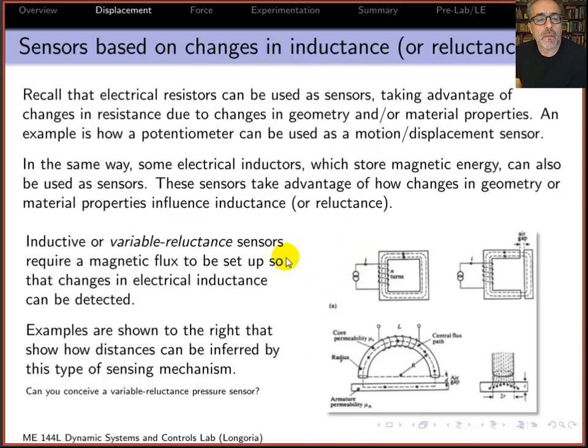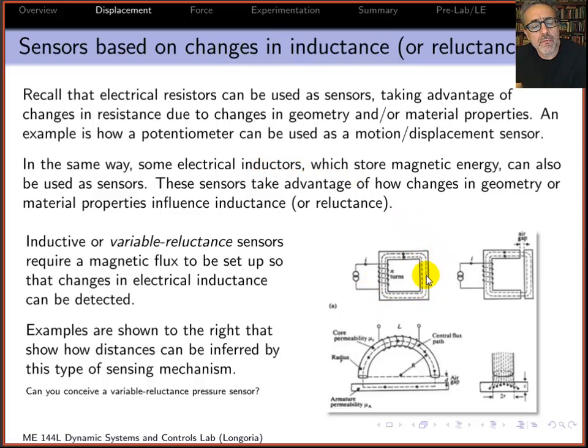So for those cases, let's take the opportunity to talk a little bit about inductive sensors. The reason we want to do that is because there are a lot of different types of displacement sensors that use this principle. So remember when we talked about resistors being able to act as sensors by taking advantage of some change in the geometry. Remember the potentiometer circuit? Or a change in material. If the material property changes, say because of temperature, you have a thermal or thermistor type device. Similarly, with